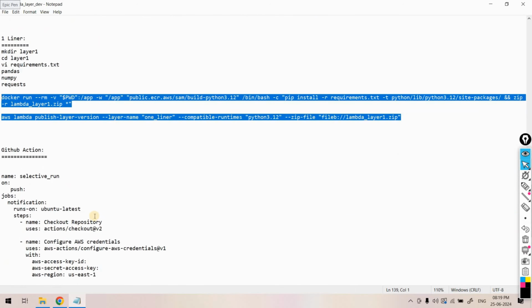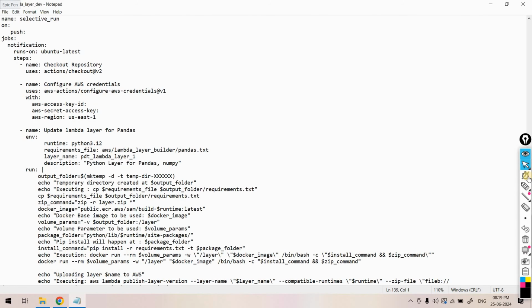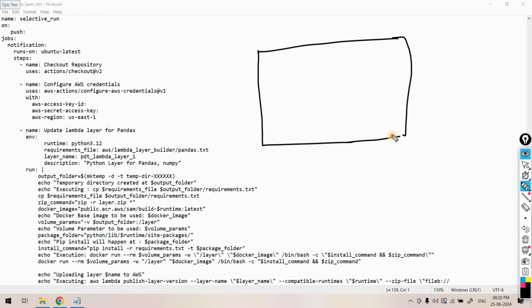GitHub action. So the automation process for lambda layer build using GitHub action is explained here. So let me explain you the algorithm first and then I will explain what code we have written. So in our previous section, we have explored that to create the Lambda layer using that one-liner Docker command, what we need to have, we should be having a host machine where we should be having the